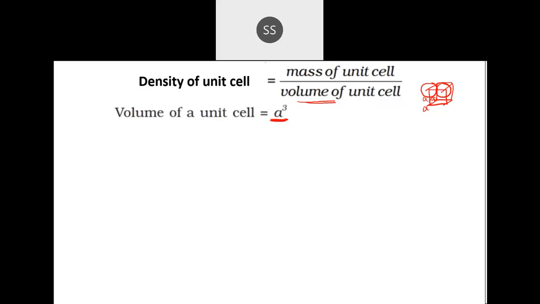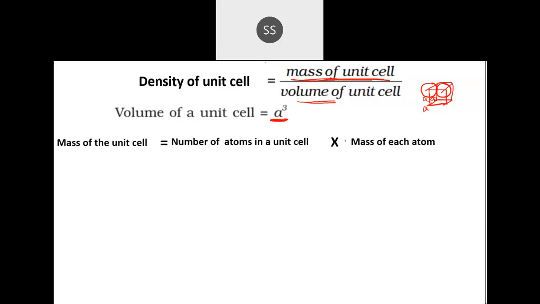Or you can consider even a classroom. If I have to calculate the density of the classroom, I should know the volume of that class, and then I should know how many students are present in the class and the mass of each student. Like that only, here, if I have to calculate mass of the unit cell, I should know how many atoms are present into the number of atoms. So mass of the unit cell will be equal to how many atoms are present into mass of each atom.